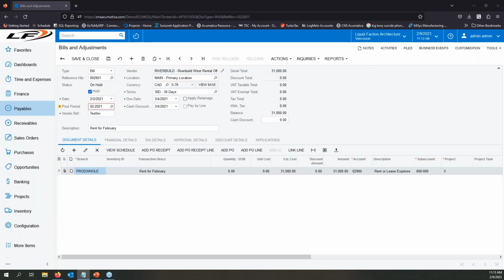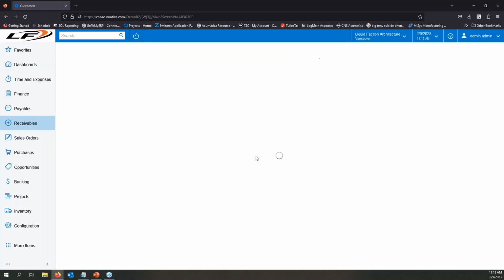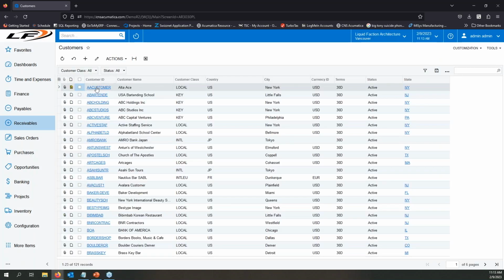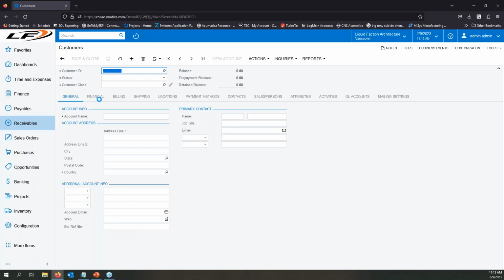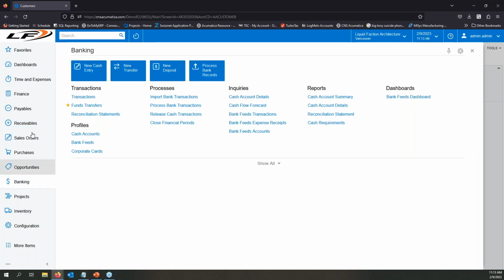Okay. So again, the same settings are available with customers. We'll just have a look at that again. We've got that enable currency override to change the currencies, or enable rate override to change that spot rate that defaults. Okay. Another area that we're going to want to look at is banking, because that is where we have our different